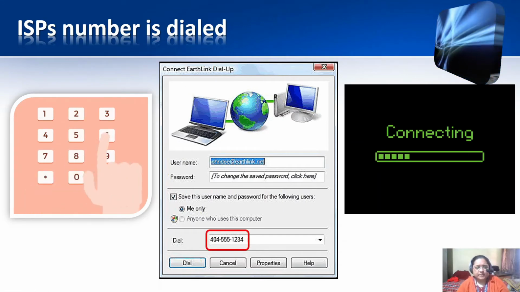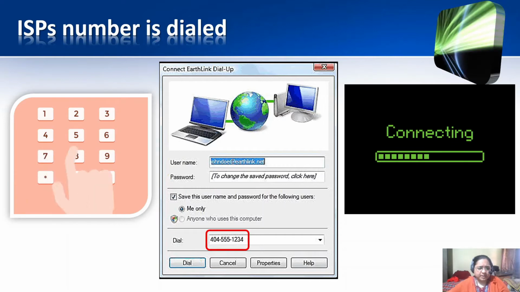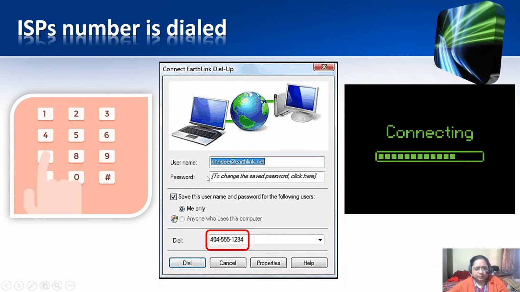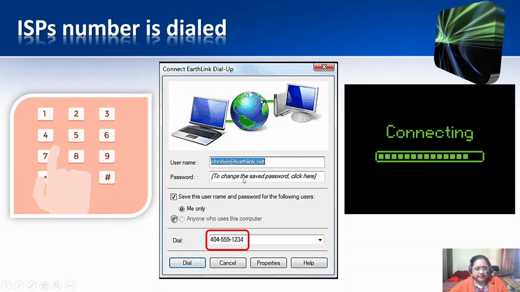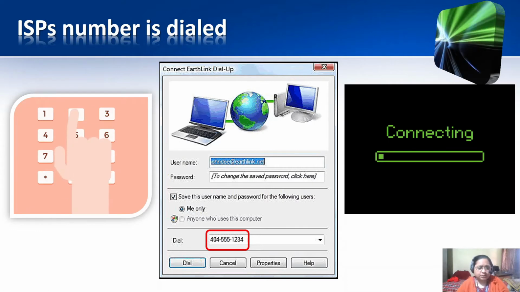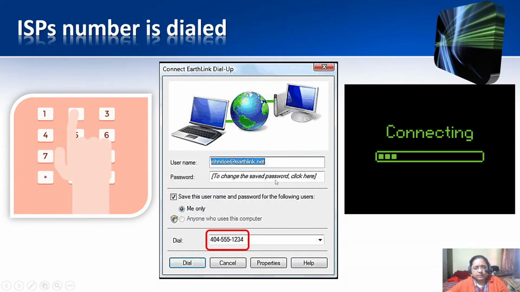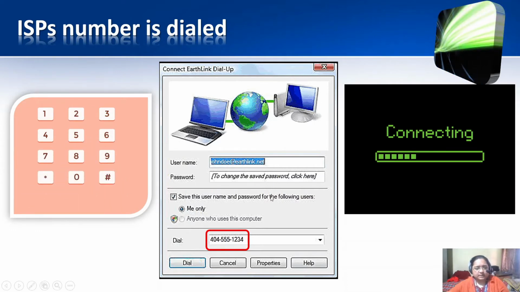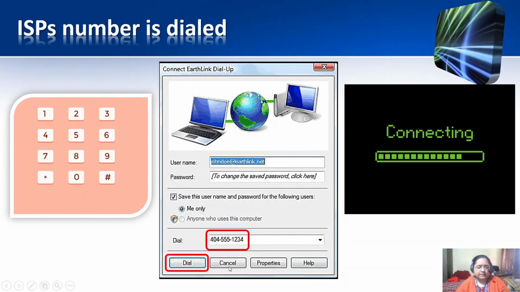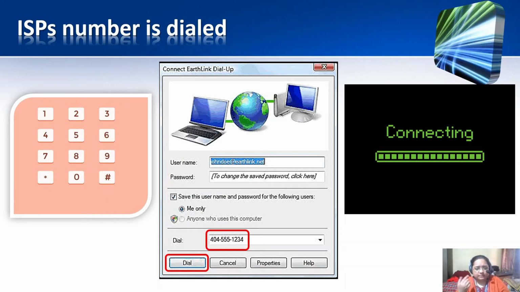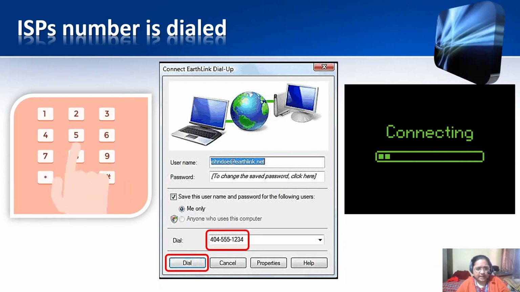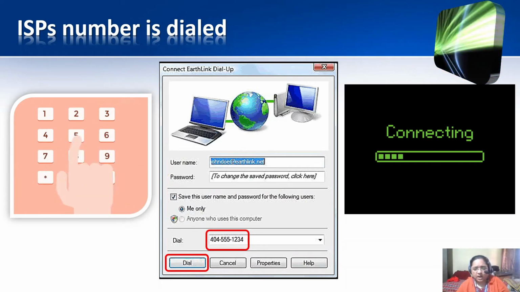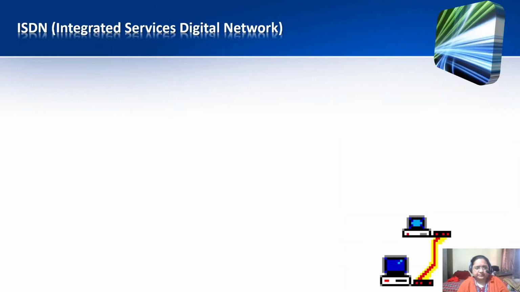You would be given a username, and if you prefer to protect this connection so that no one else starts it, you would get a password as well. Then you had to click on the dial button, and this would try to establish a connection with your ISP's server.